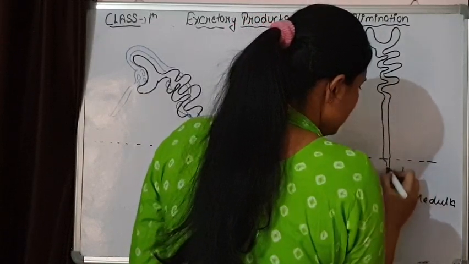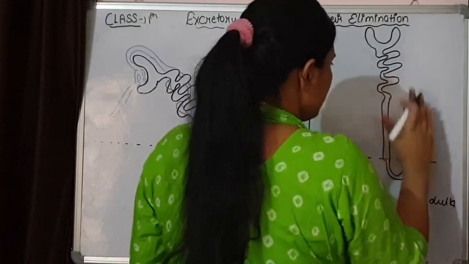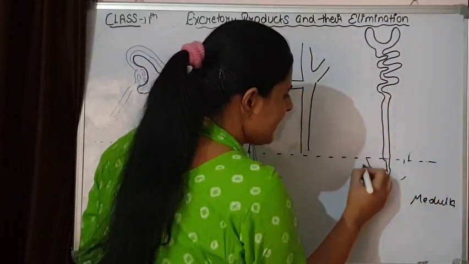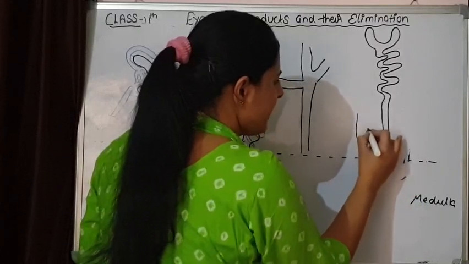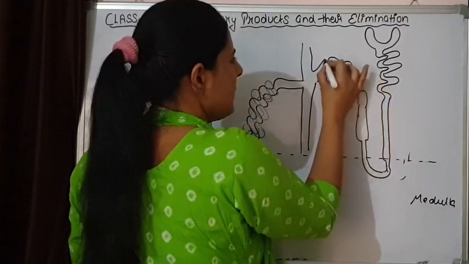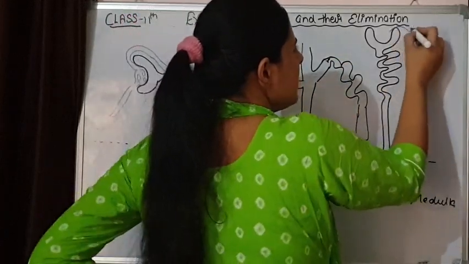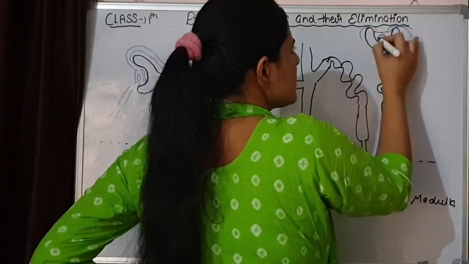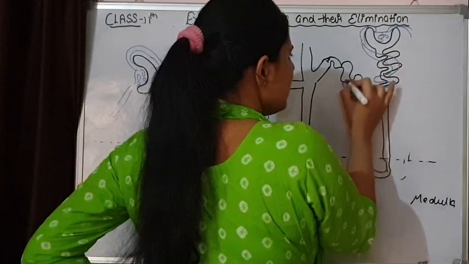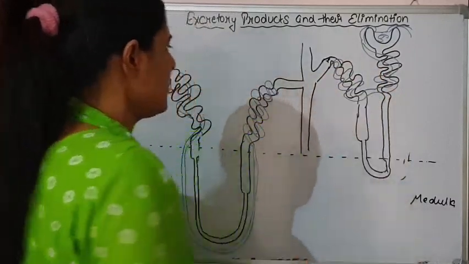Some portion is the loop of Henle. Let me show on this side so that it is going to enter into the urine collecting duct, and the DCT will be there, that is going to combine. And over here, if we see the blood supply, glomerulus is going to form, and only the peritubular capillaries are present that are going to surround this region, and no vasa recta is going to be present.